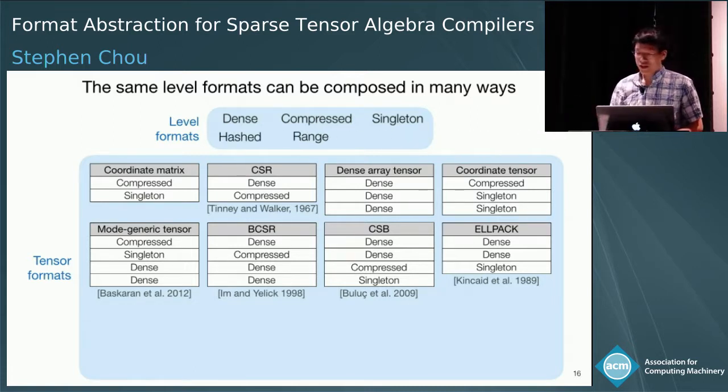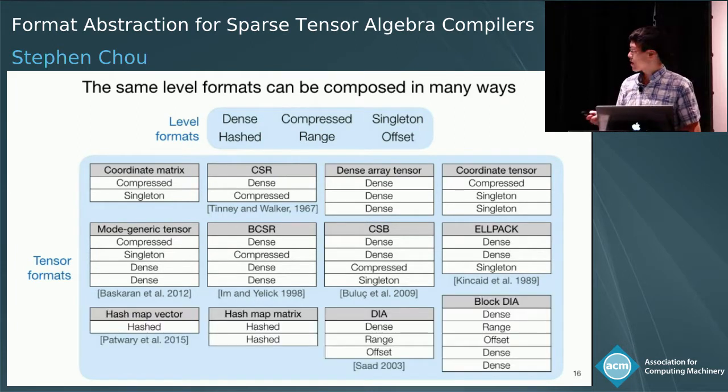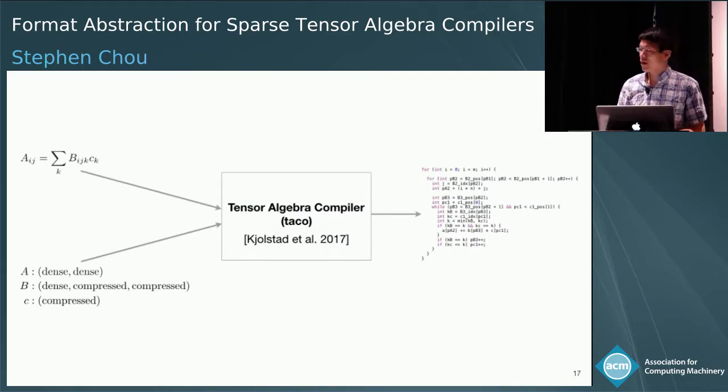And if we define additional level formats like hashed, ranged, and offset that use different data structures to store tensor dimensions, then we can express even more tensor formats like DIA and hash map vectors, for instance. So as we can see, a wide range of tensor formats can in fact be expressed as compositions of level formats. And this is great because the Taco tensor algebra compiler theory we presented last year at OOPSLA actually shows